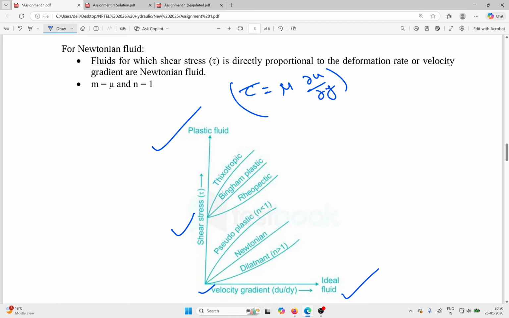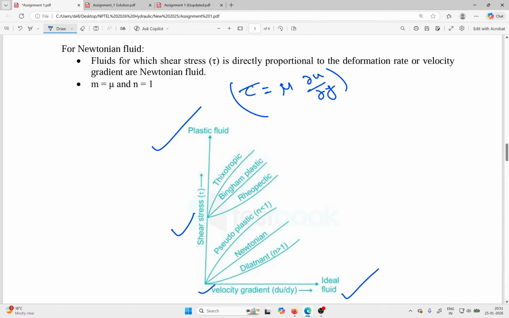So Newtonian fluid here you can say it behaves linearly. Here your Bingham plastic fluid also behaves linearly, but with some